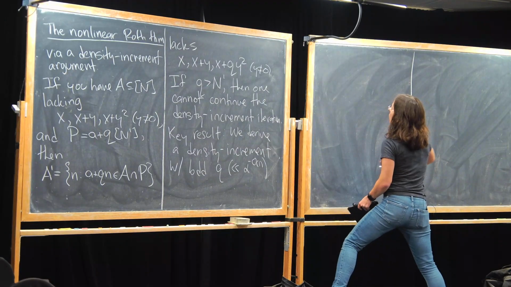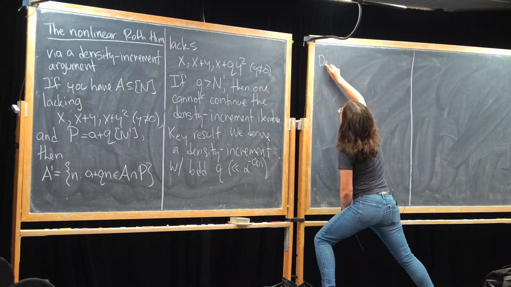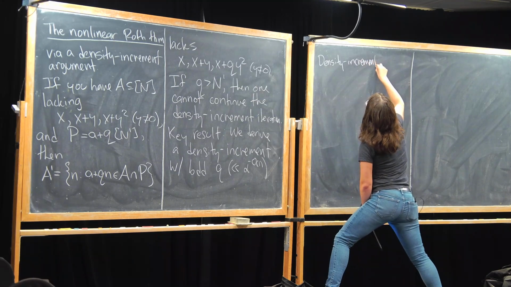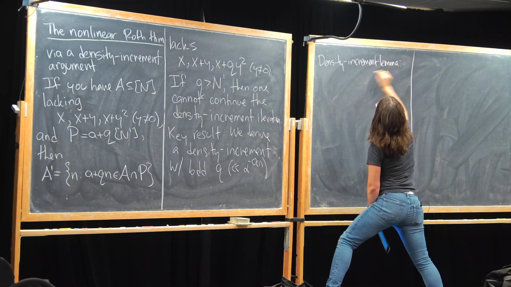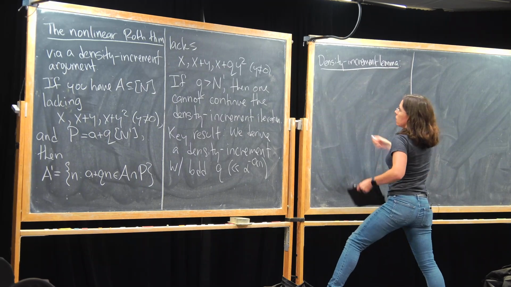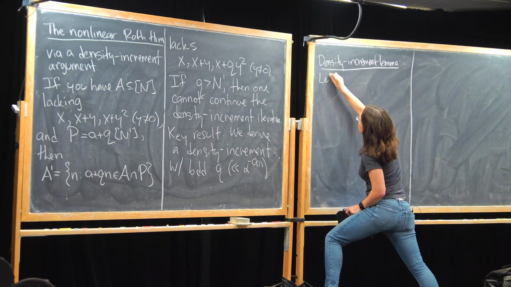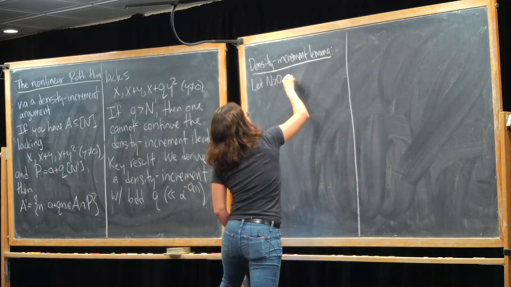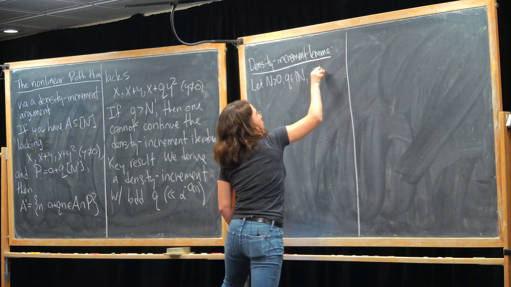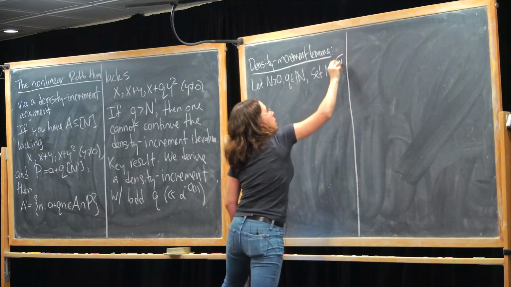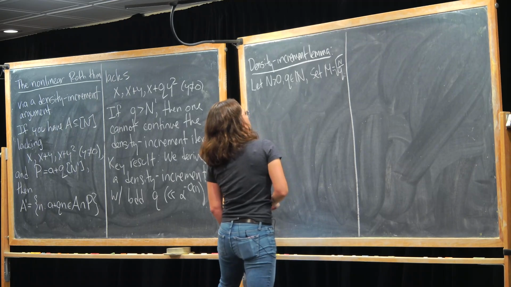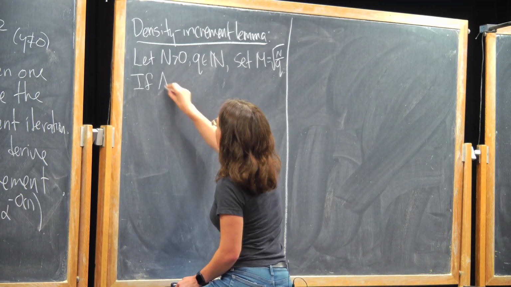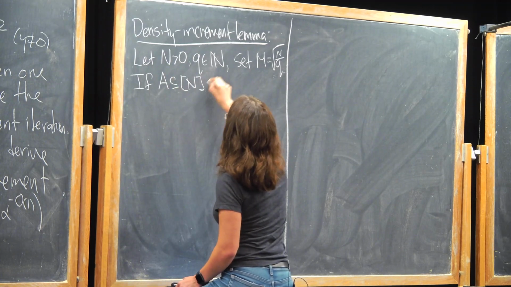Okay, so what we precisely show is, so let n be positive, q be some natural number, and we'll set temporarily m to be the square root of n over q. So that should be the range of y for that configuration. So then if A is a subset of the first n integers, and it lacks